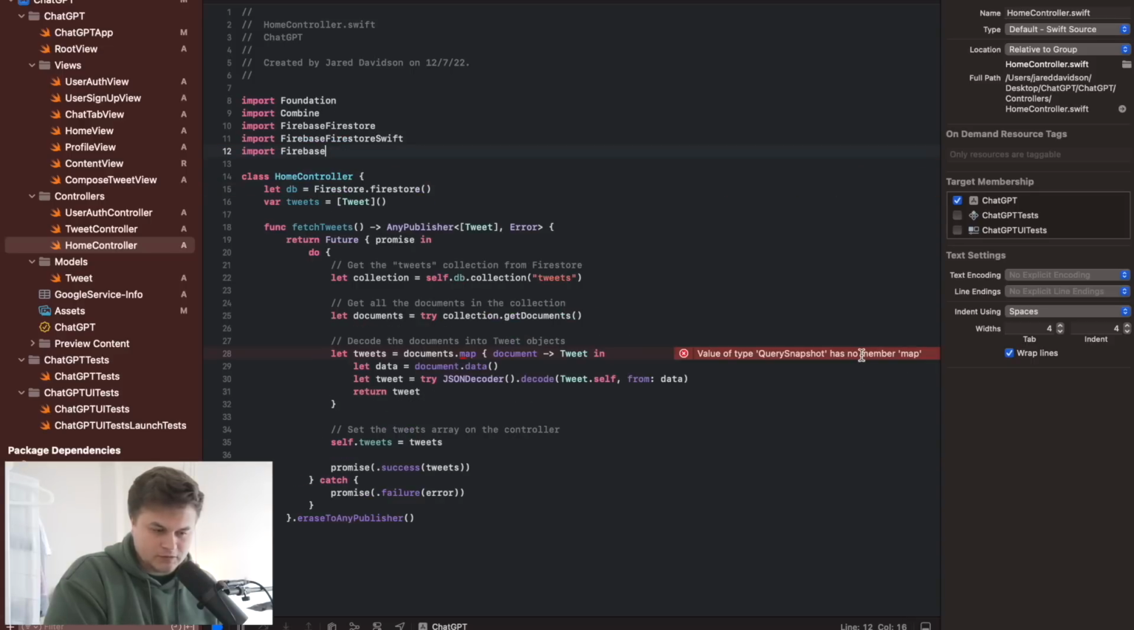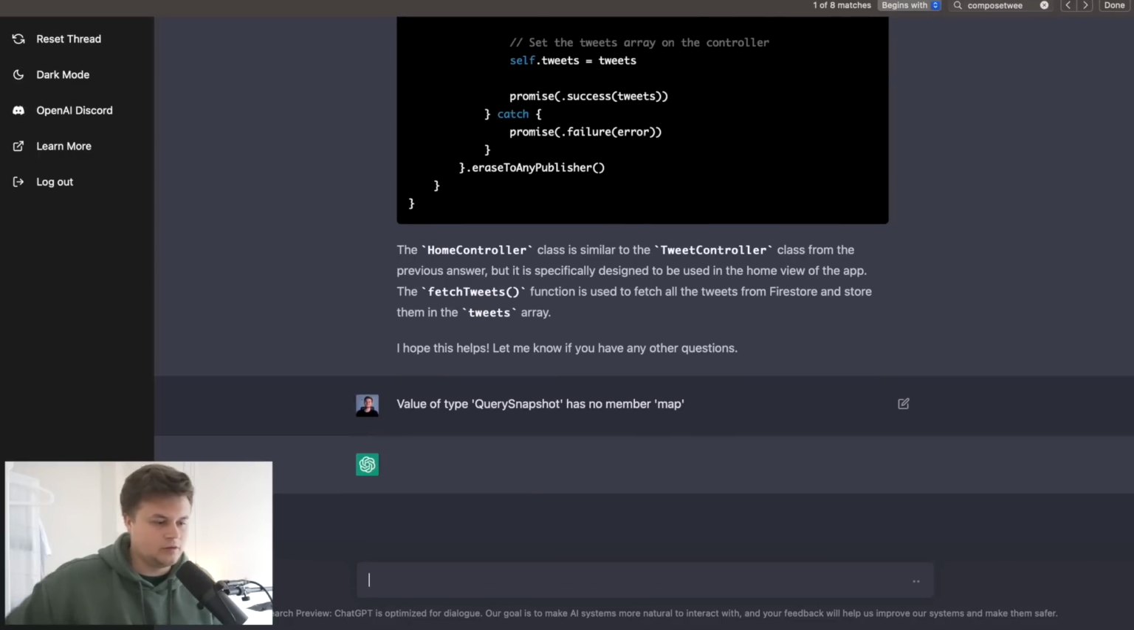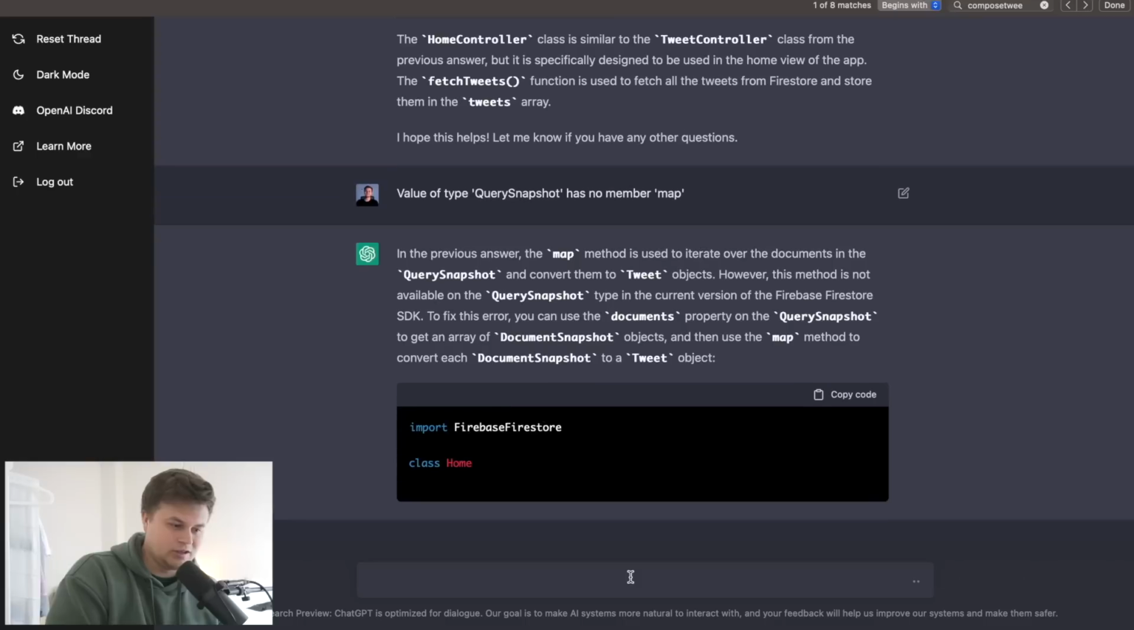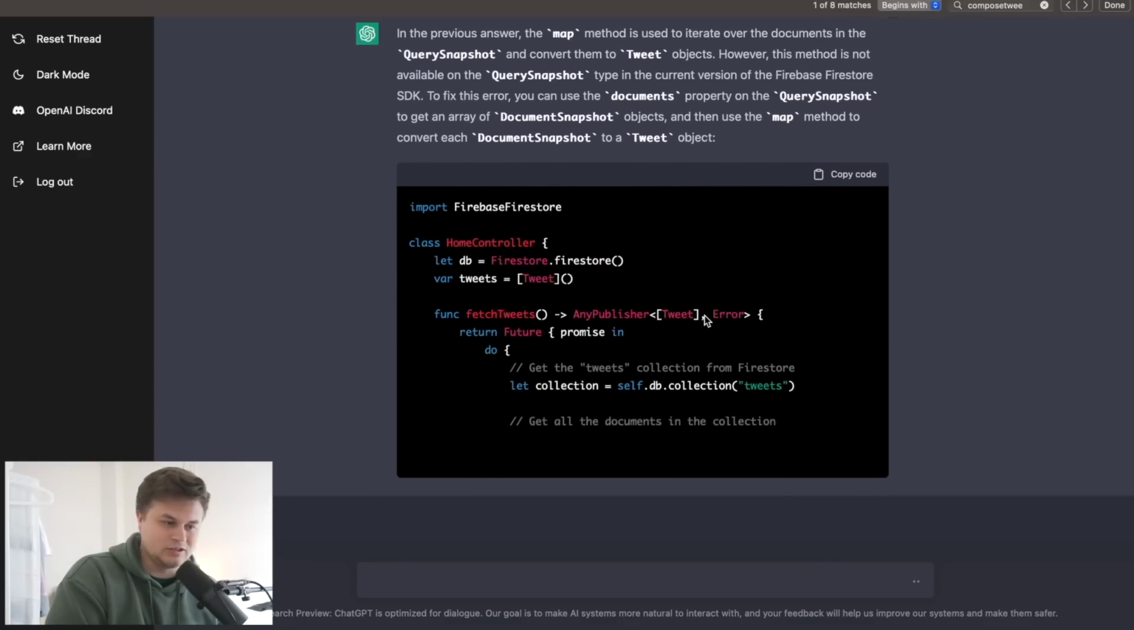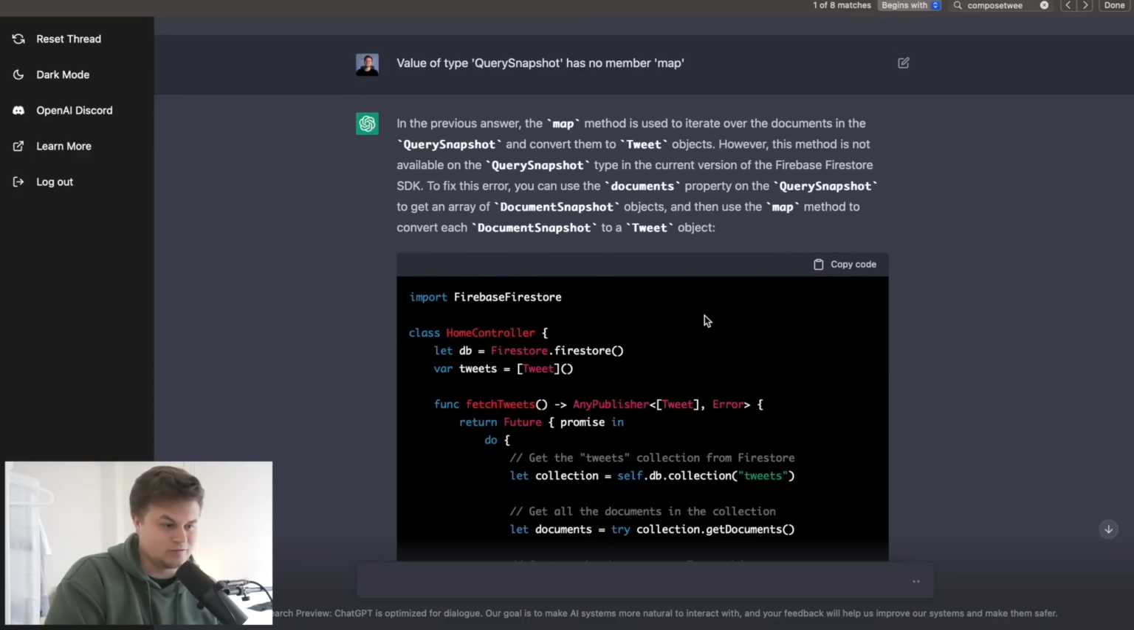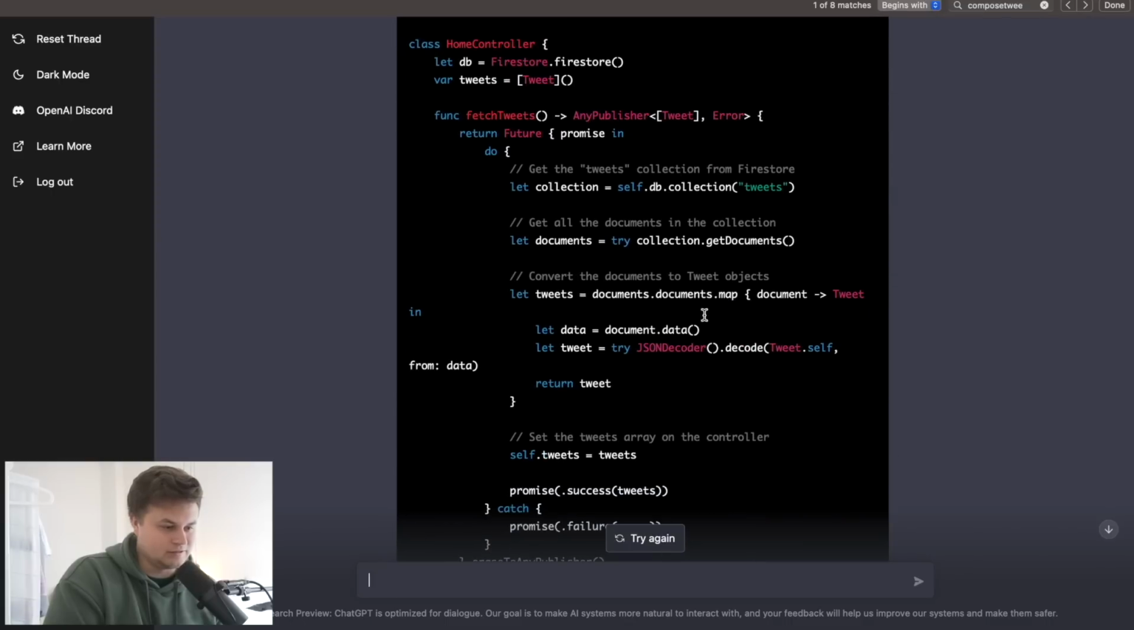Value of query snapshot has no member map. I wonder if I put an error in here, what does it do? In the previous answer, the map method is used to iterate over the documents of query snapshot and convert them to tweet objects. However, this method is not available on the query snapshot type in the current version of the Firebase Firestore SDK. To fix this error, you need to add this